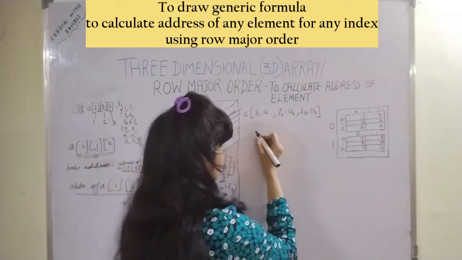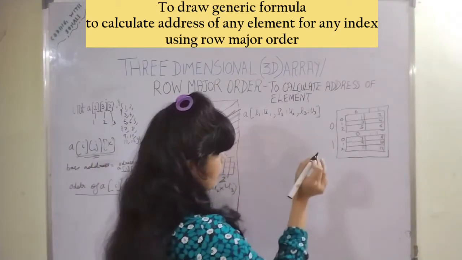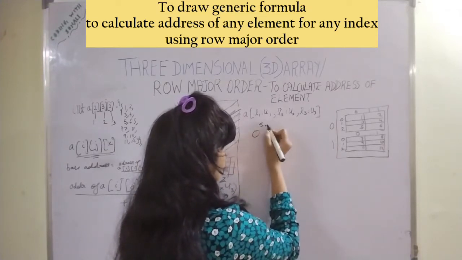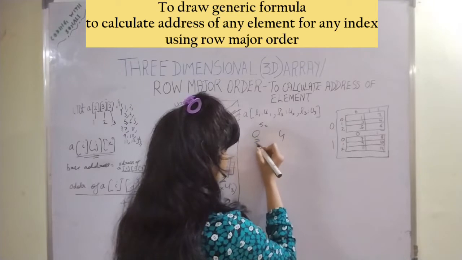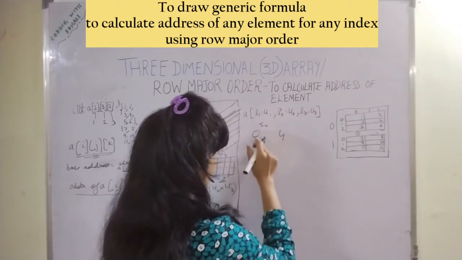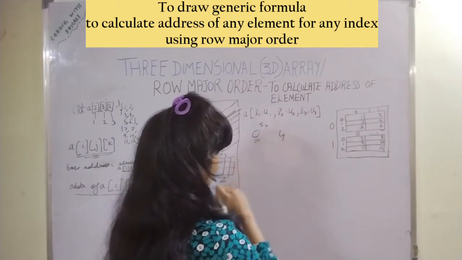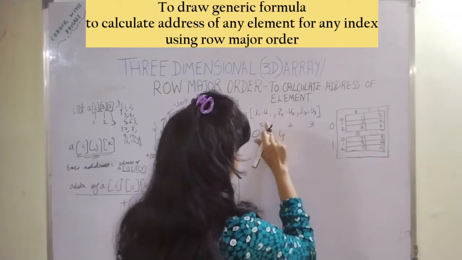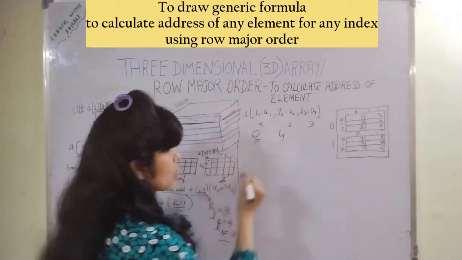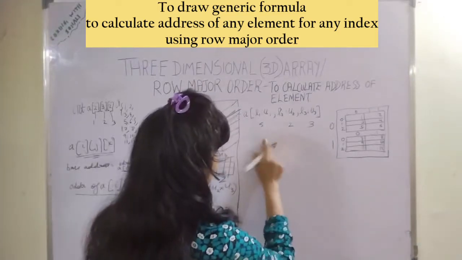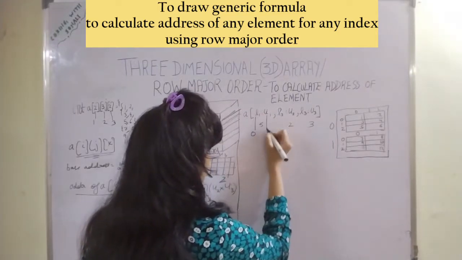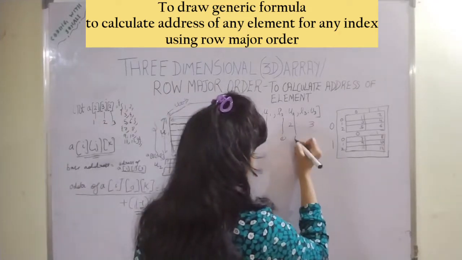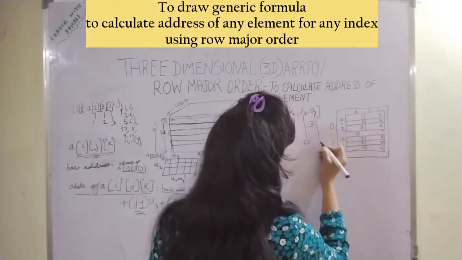We are having a total of 5 elements, and indexing is starting from 0. So 5 elements are present, therefore for the first dimension the boundaries will be 0 to 4. Total, this is your 5, this is your 2, this is your 3. And we are starting the indexing from 0. So what will happen? The lower boundary in that case will be 0 and the upper 4. If it is starting from 0, this will be 0 and this will be 1. This will be 0 and this will be 2.